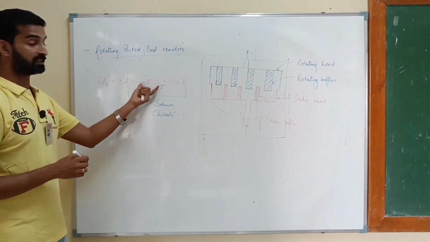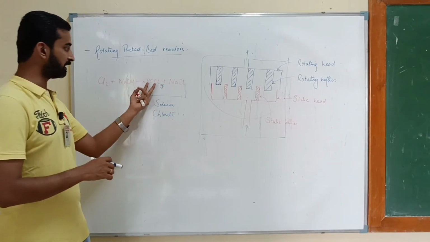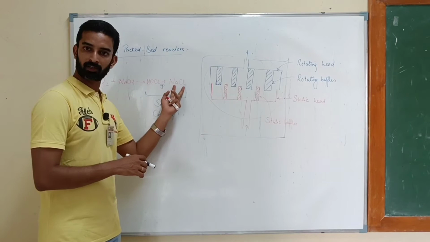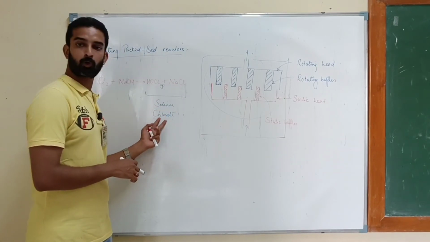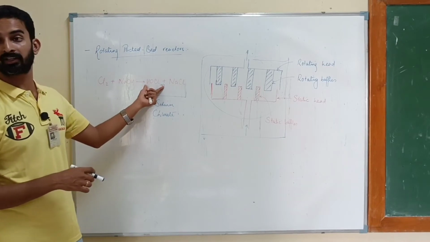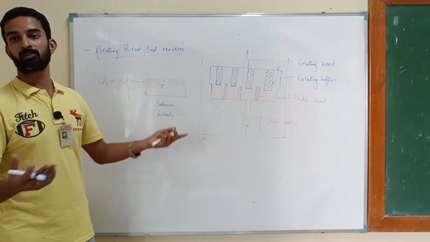What we actually want is HOCl. We want HOCl. But if the HOCl formed in the reaction combines with another product, these two products of the reaction, then you have sodium chloride. But you want the product, and you will not get it. So in that case, what we need to do is remove HOCl.